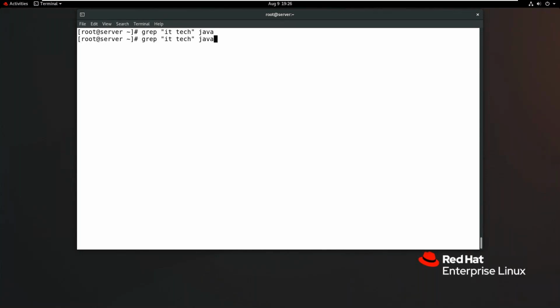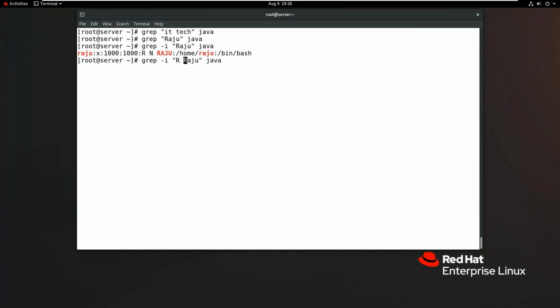For example, I want to search Raju. Okay, we don't have any Raju word because Raju is case sensitive. Then I will use the -i option. Yes, here is the word Raju. Okay, so now I'm searching the word